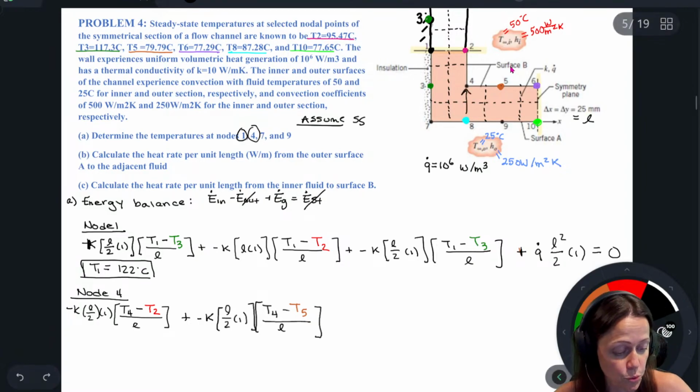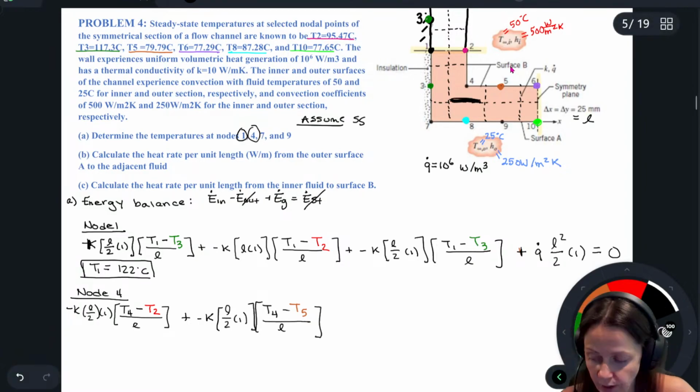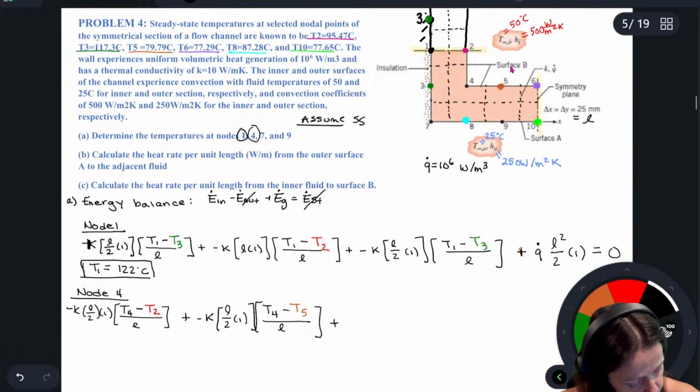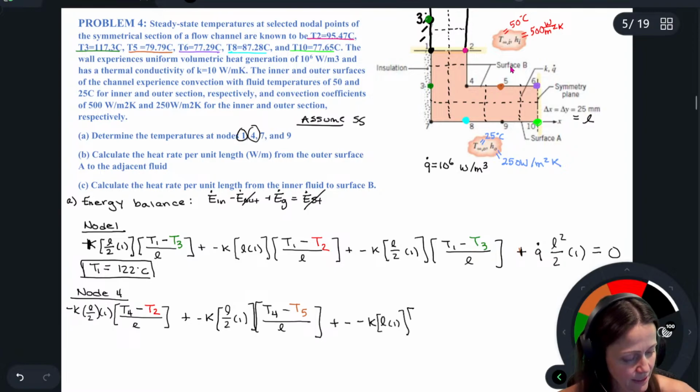This is going through a full area here. So plus a negative K times L times 1 times T4 minus my T8